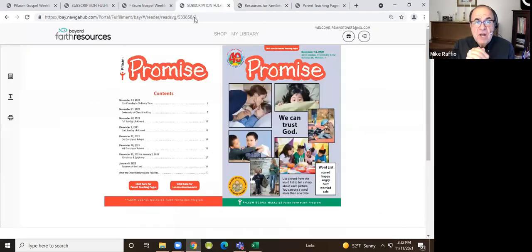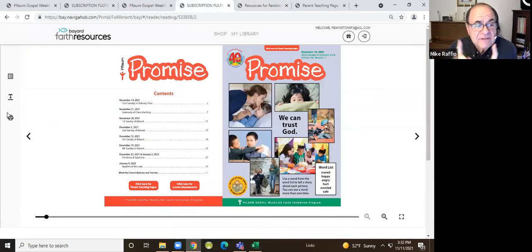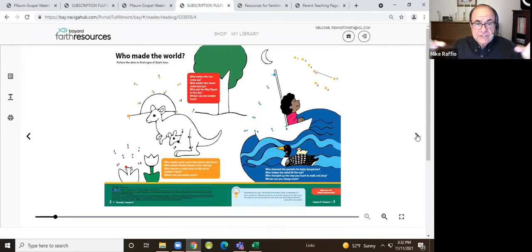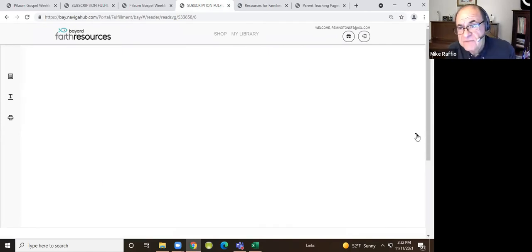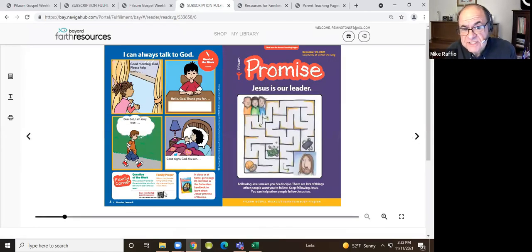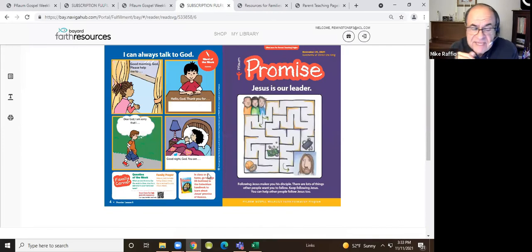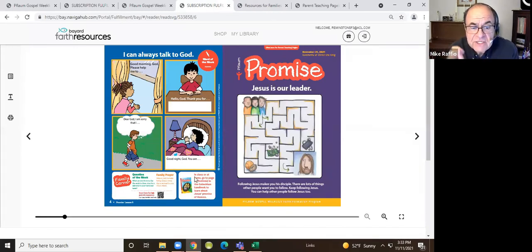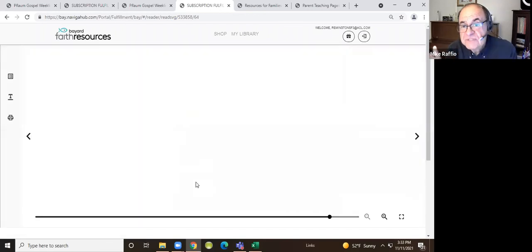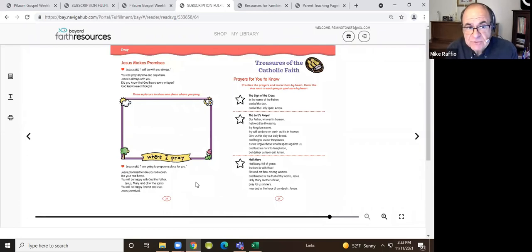So let's go back to the promise there for a second, Dave. And there's one other improvement that we've made this year that I want to point out, and that is the fact that, as I said before, what the church believes and teaches is part of this file. So when you get to the part of the lesson that what the church believes and teaches is taught, you'll notice where Dave is showing it, the cover of the book is always shown there, and it'll say go to page, and in this case it's go to page 28. We've linked page 28 to the chapter.